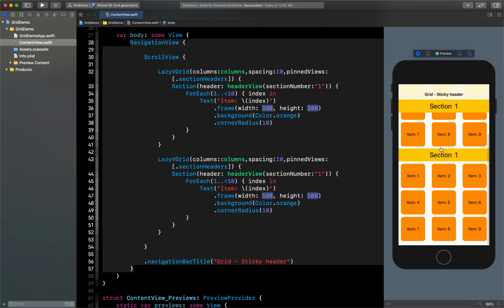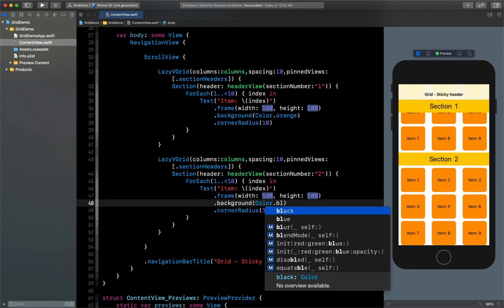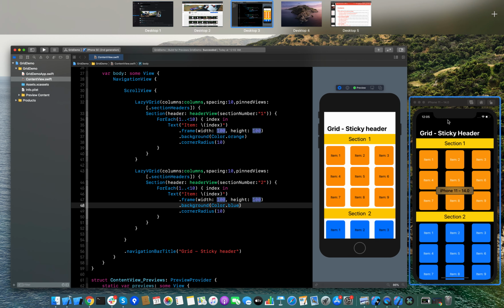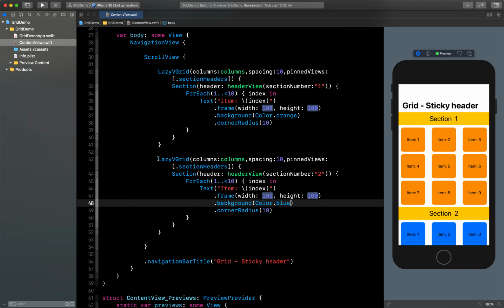Now you can see our header is sticking. So what I will do is, here I will pass 2, and instead of orange I will say blue. Orange, blue we have to give, and then we have to give green and red. So let's again copy paste that.